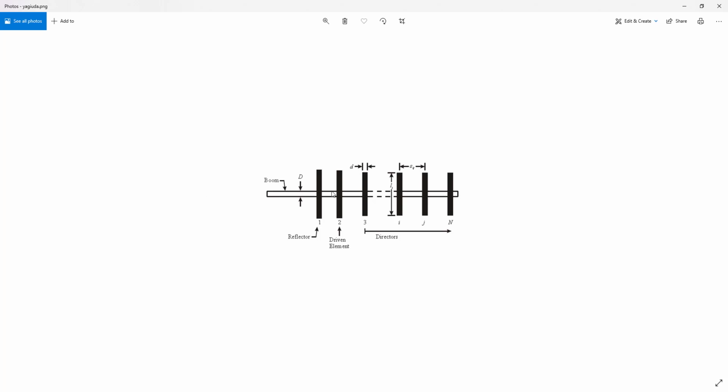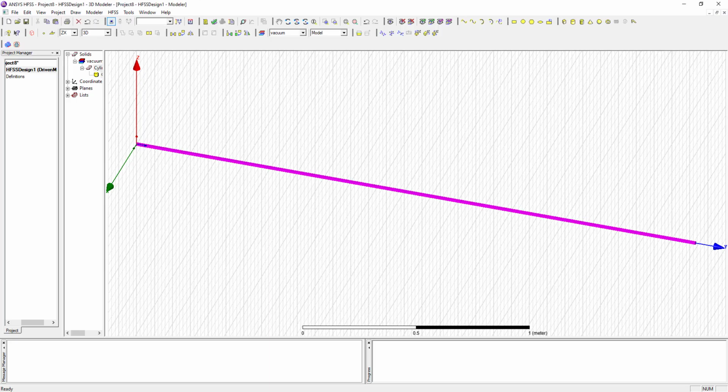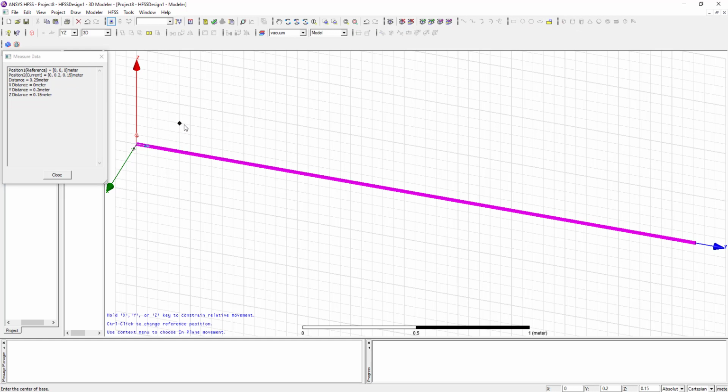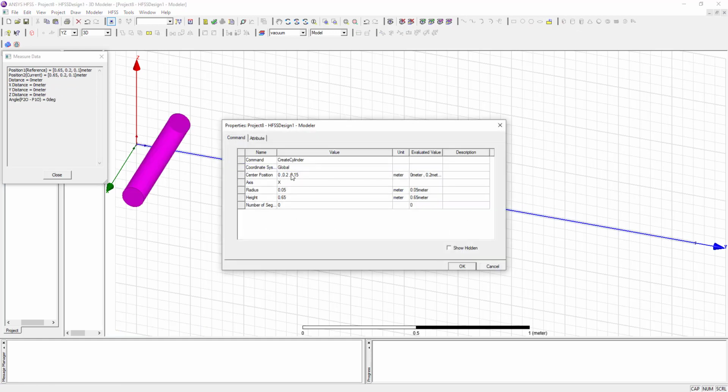Now the next step is to design the reflector like this. Again we have to change the orientation. For this, select the YZ plane, and so my axis will be the X axis. Again click on cylinder, draw the cylinder like this, then set the positions.